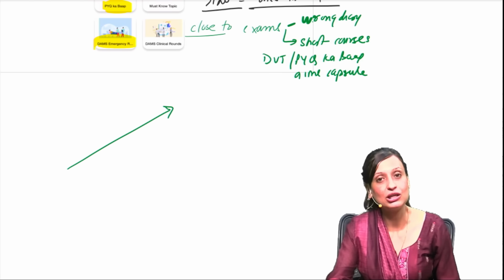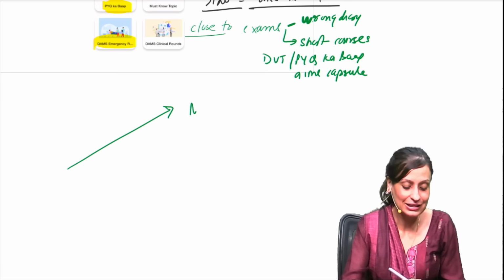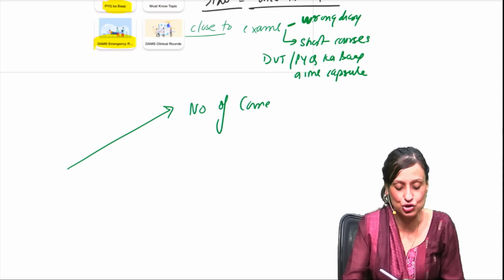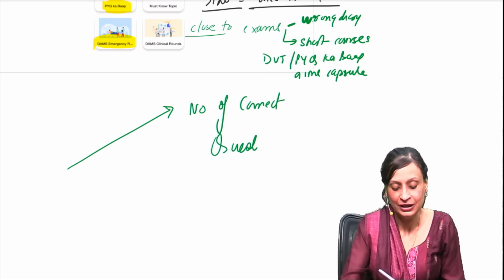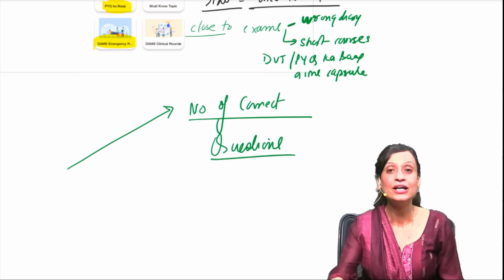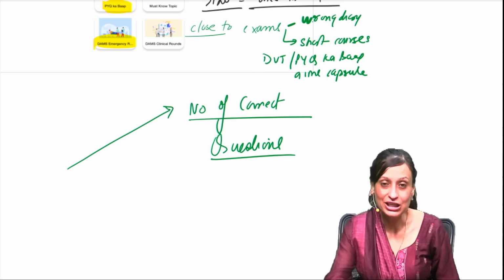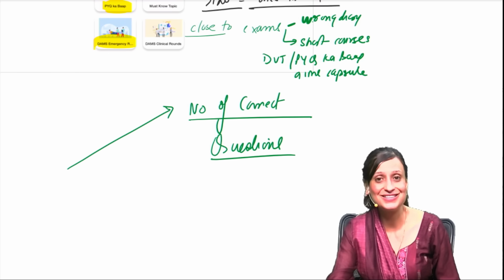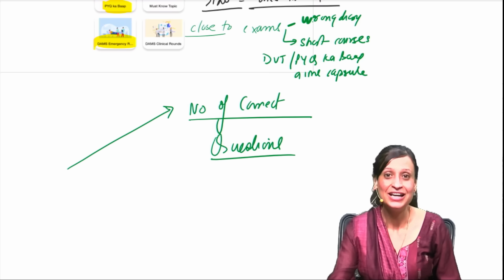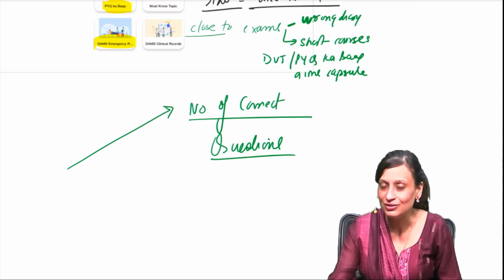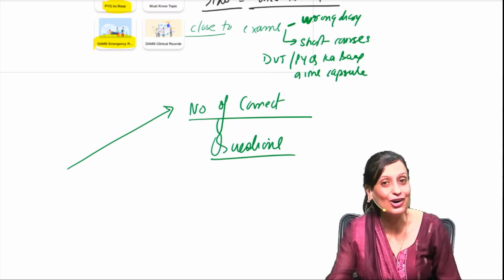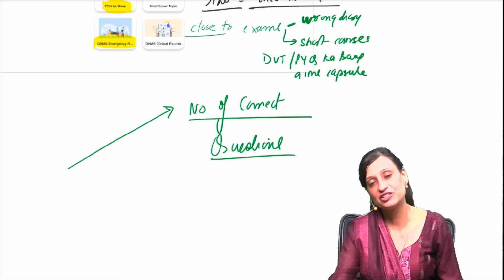Please worry about your number of correct questions. Okay, and that's how the graph should look. We have to target reaching 140 to 150 correct questions consistently, because then there will be a phase of plateau, and then I'll guide you further on how you can further improve it once you reach that level,